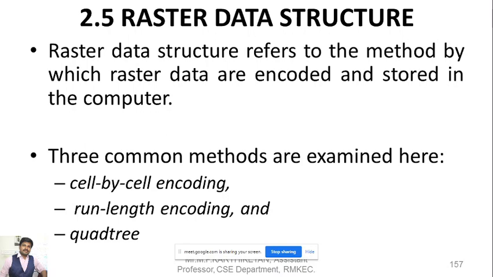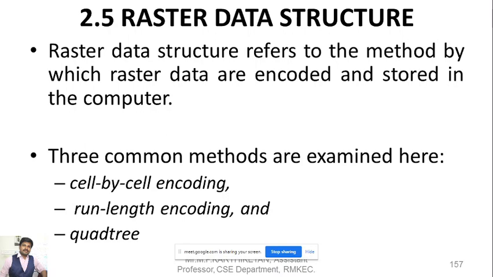It comes under a technique called compression technique. Compression is needed when a huge amount of data, for example spatial data of 100 kilometers, or 1 kilometer square of spatial data, has to be represented within 1 centimeter square. It is not simple to represent all the available data in a single cell, right? So in order to do that, we compress the data. That is called the compression technique.